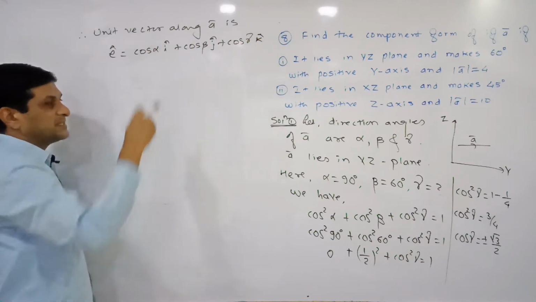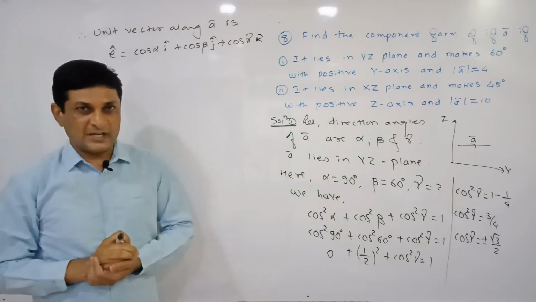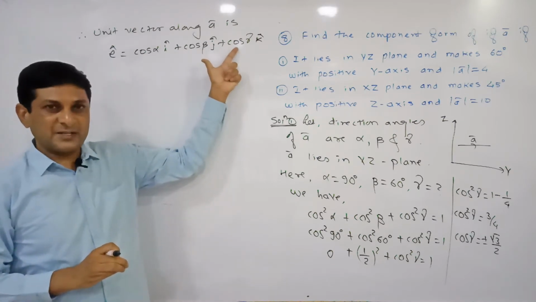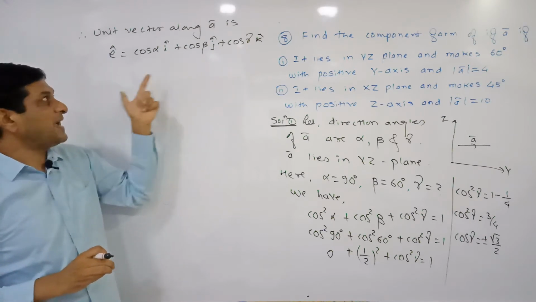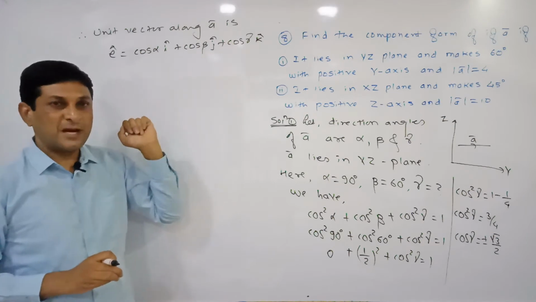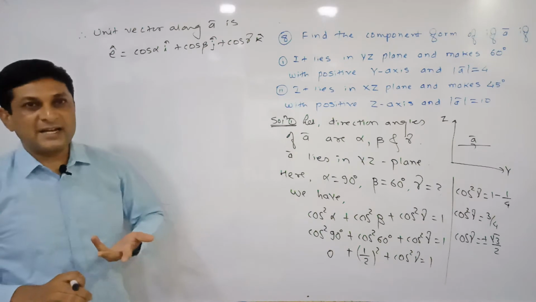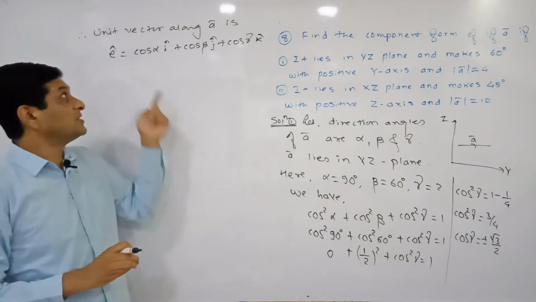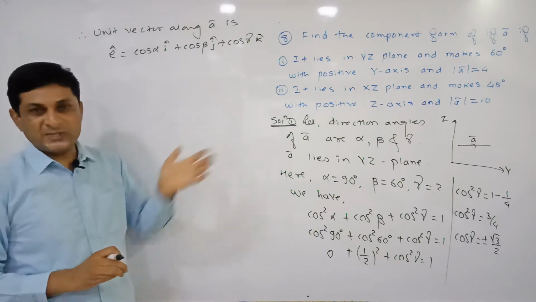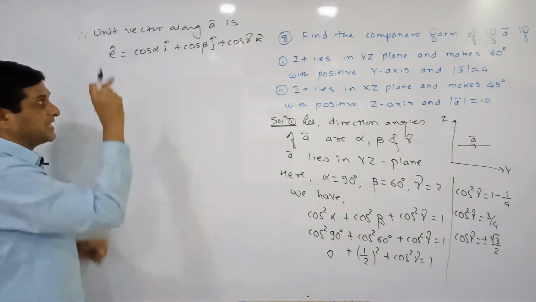So all these results we have already studied in relation between direction ratios and direction cosines. Here what is cos alpha, cos beta, cos gamma? Direction cosines. And if we are finding its magnitude, what we will get? Under root cos square alpha plus cos square beta plus cos square gamma. But already we know that its value is equal to what? 1. So we are getting that magnitude is 1. Magnitude is 1 means what? This is a unit vector. So in this way, if direction cosines are known to us, we are able to define unit vector along that line or along that vector.